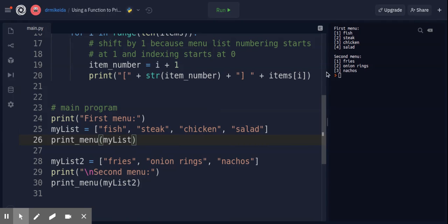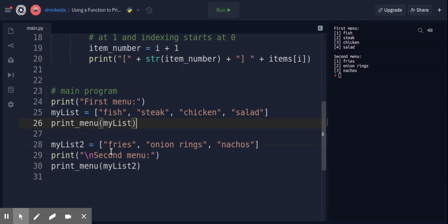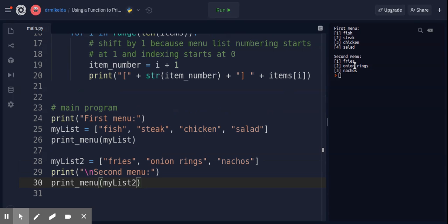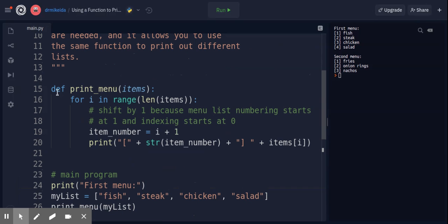Then we want to print another list. We don't have to copy and paste code again, and if we have to fix it later, we'd have to fix it in 2 places. We can just call our function. My list 2 has fries, onion rings, nachos, and to print it, we just call print menu again, this time with my list 2 as the parameter, and it does the same thing. See how it adjusts? Those two lists have different numbers of items, and the function automatically adjusts because of this, length of items,